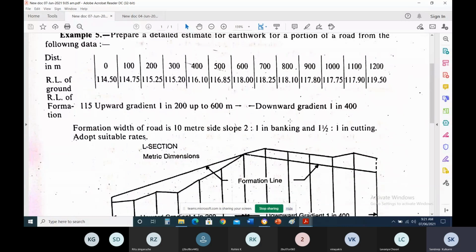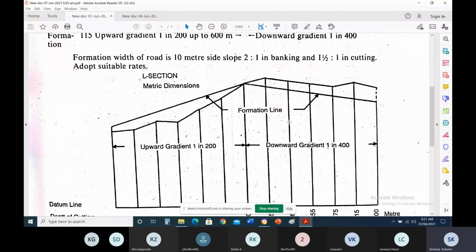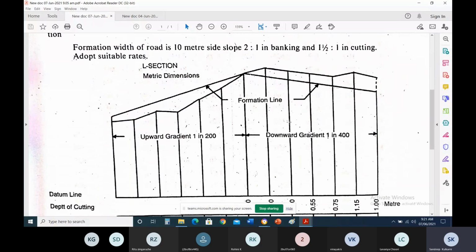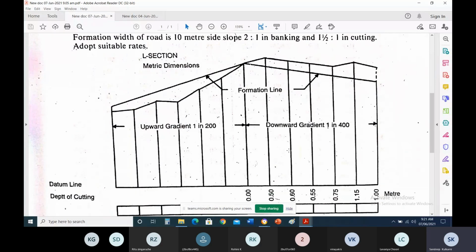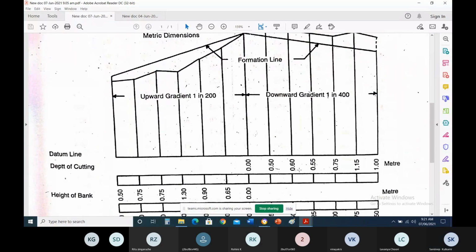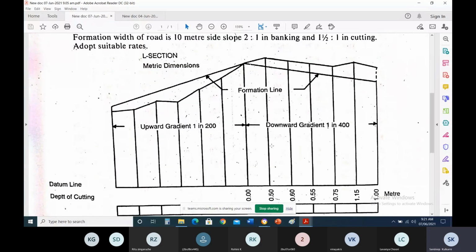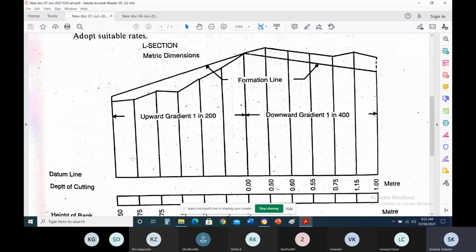Again, I'm telling you, you can start calculating from this data only, but for understanding purposes you can show the diagram also. It is not necessary to show it for all problems. I have taken this diagram directly. Actually we have to plot it; I think you know how to plot this, that is the longitudinal section you already studied in your survey. Here it is not that important, only for understanding purposes I have taken this diagram.